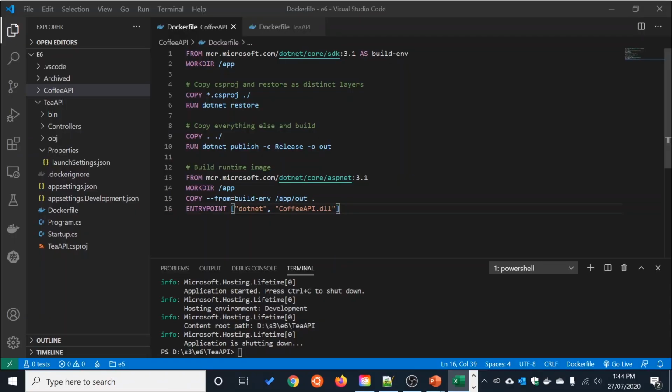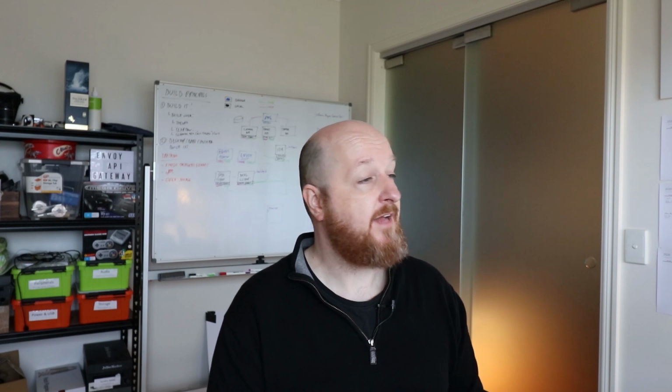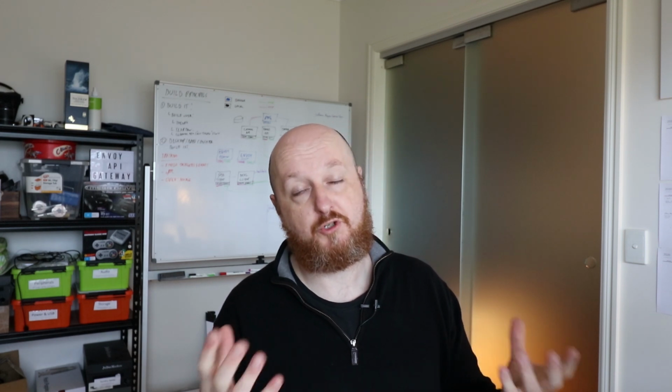All right, so to get HTTPS working within a Docker type environment with .NET Core, we have to do a few things. First thing we need to do is create a certificate per API that matches the DLL name effectively, and that gets read in to Kestrel when the Docker container starts. And the other thing we need to do is use user secrets to read in the certificate's password. So when we create the certificate, we give it a password, and we need to supply that password when we ingest it into Docker. So we'll do that using user secrets.